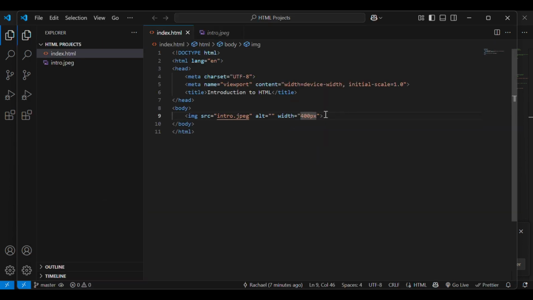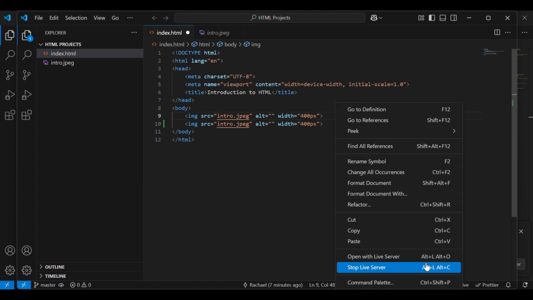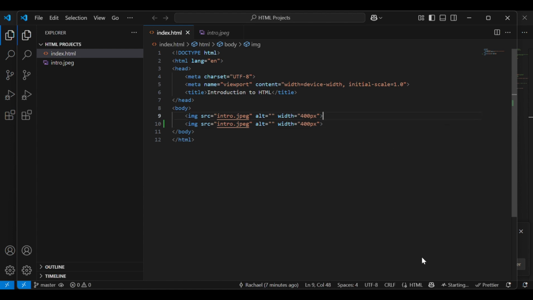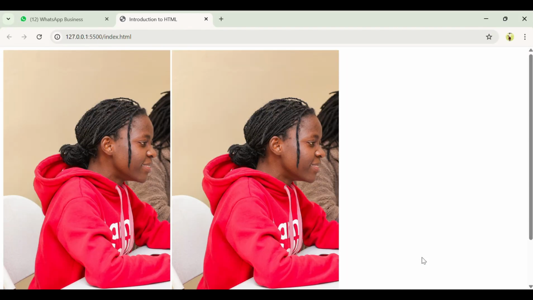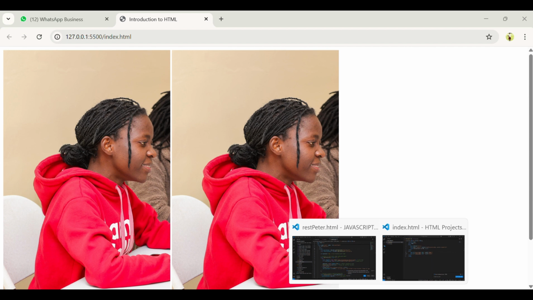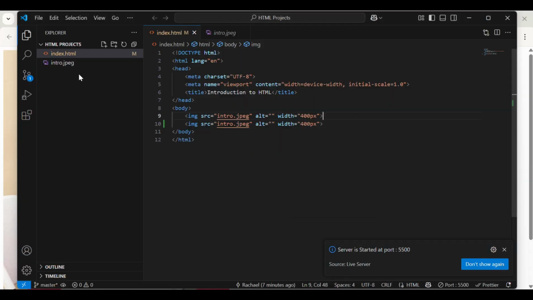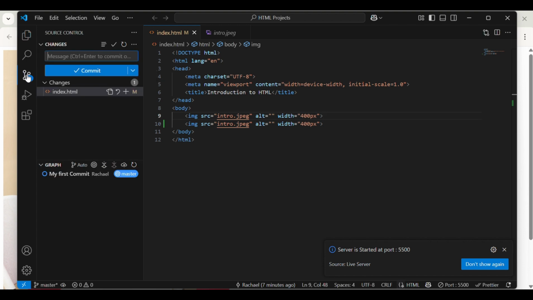So let's say we've made the code to have 2 images. Just opening with live server, we have 2 images. Now we want to upload the code to GitHub. Go to this icon, click on it, then come here